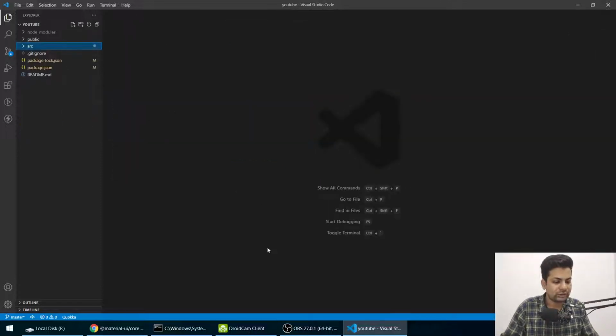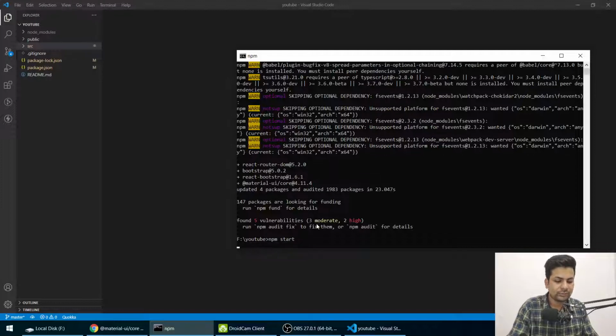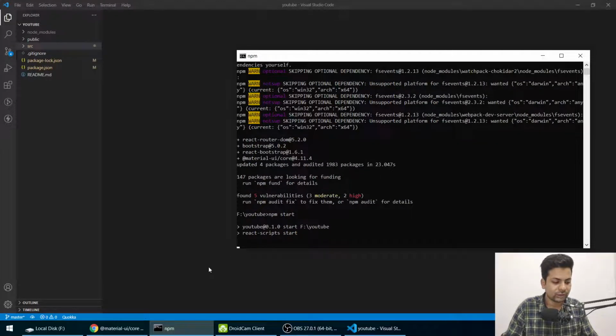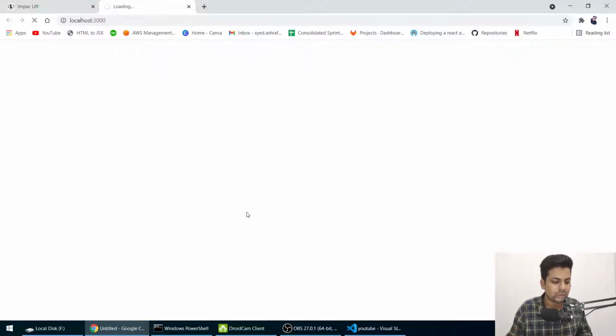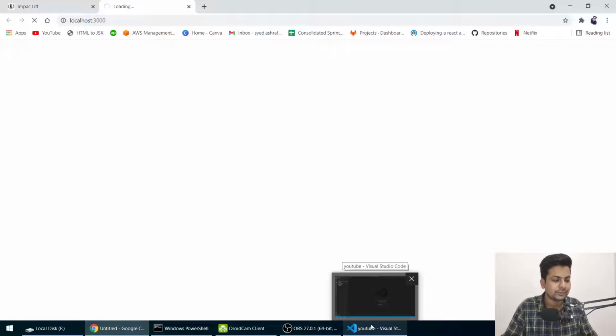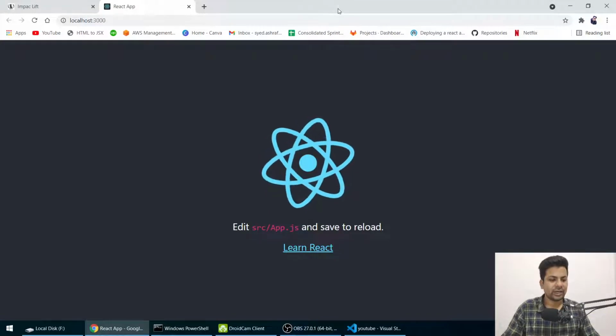Now let's see that everything is installed. Okay, now we'll say npm start, and it will open the browser. Okay, everything is working fine.